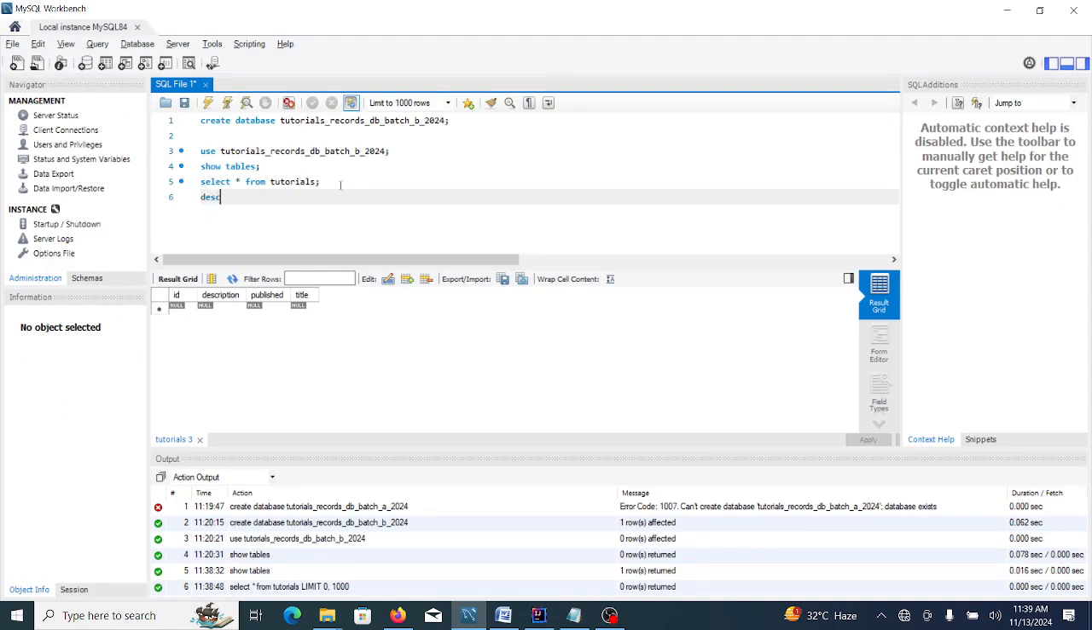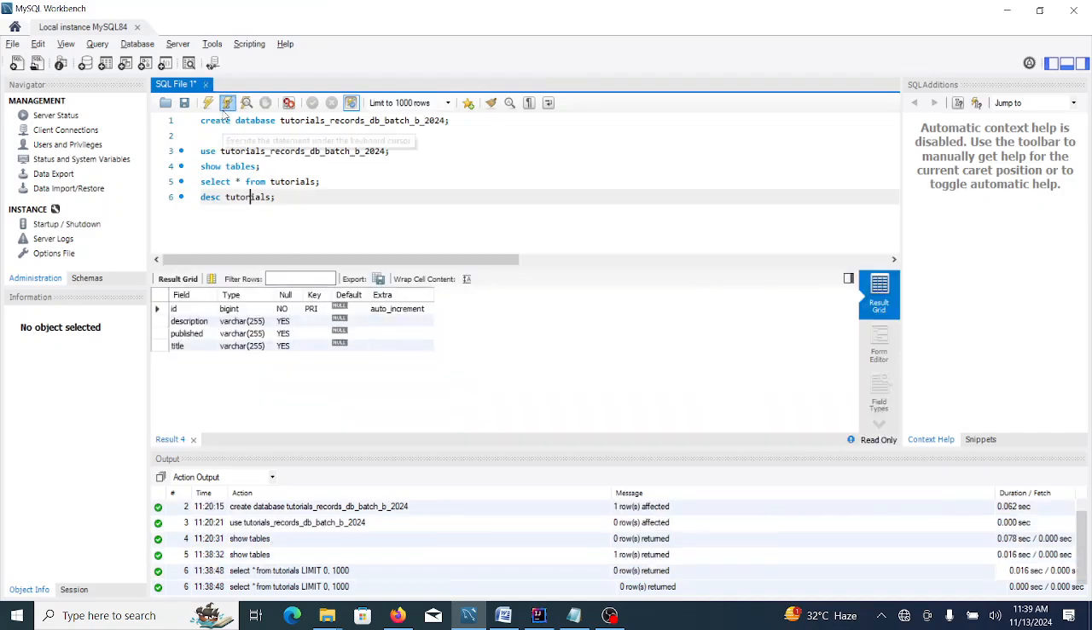Then now let's describe to see what's there. Yes, can you see our auto incremental? The long is being represented in the database as bigint. Alright, that's good. Let me stop this video as well, and then